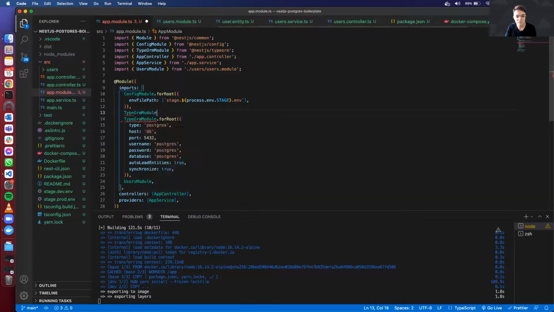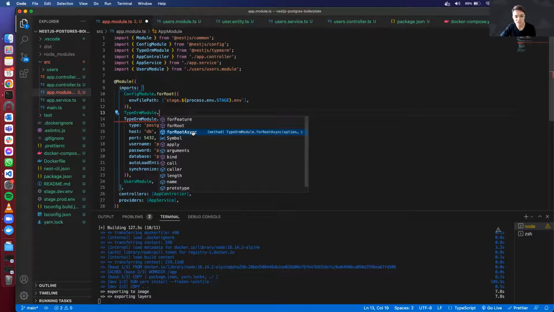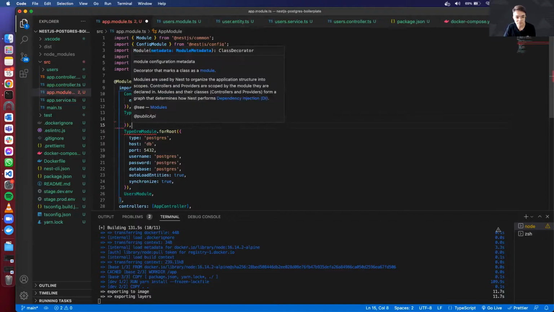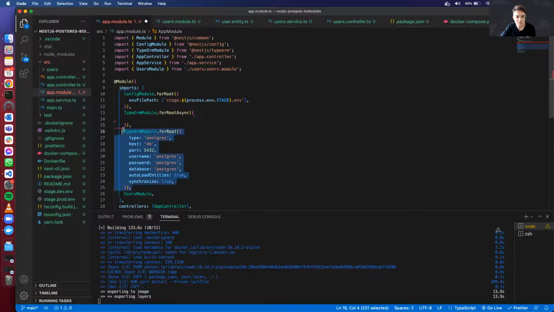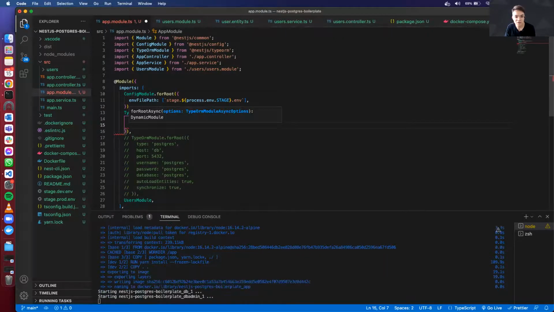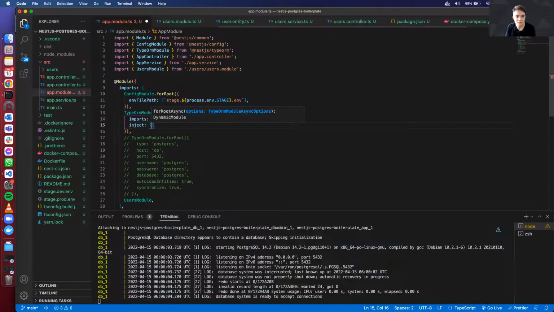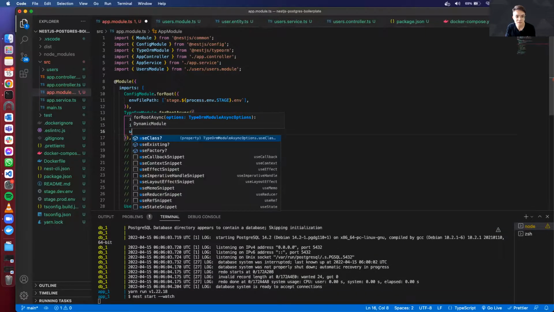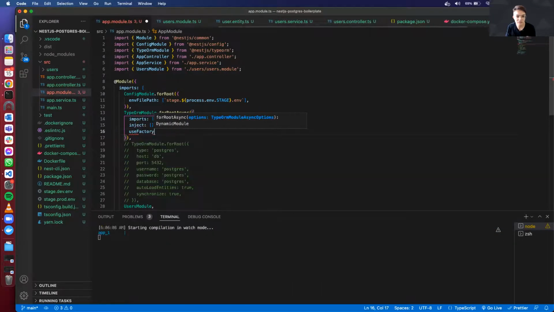So in this case, we can actually use dependency injection, and we will need to use forRootAsync because now it becomes asynchronous. Let's just comment this out for now. And yeah, you can import any dependency you would like to use. Then inject it. And there's another, useFactory, which is a synchronous